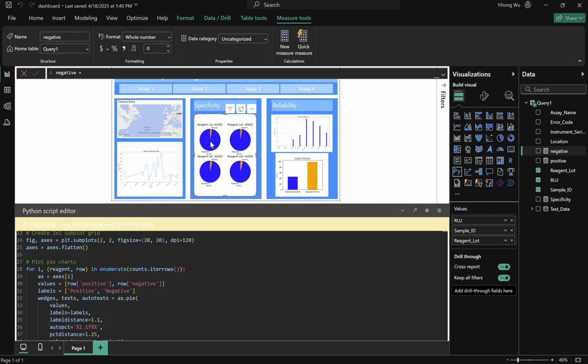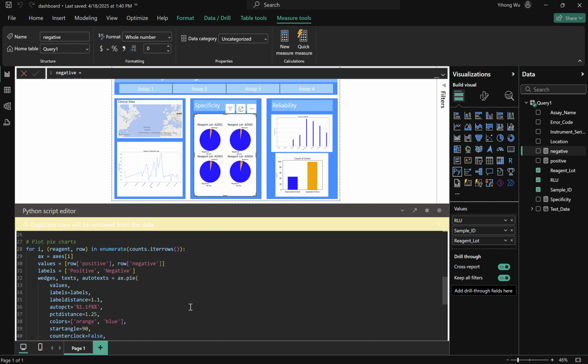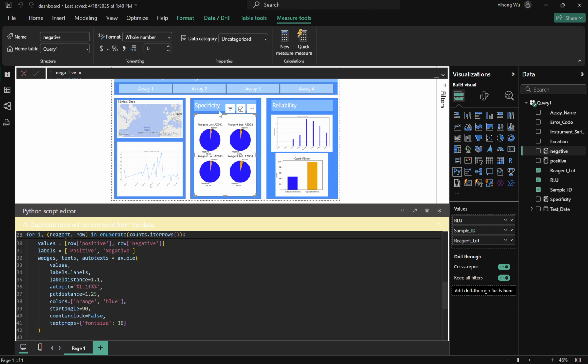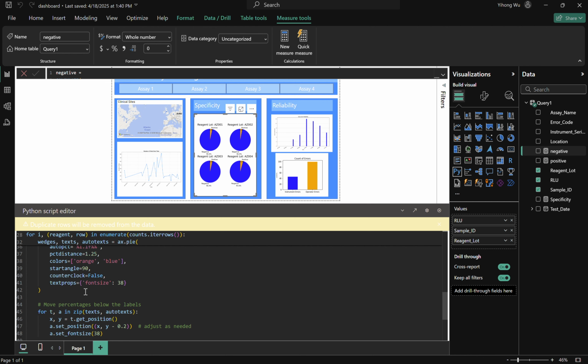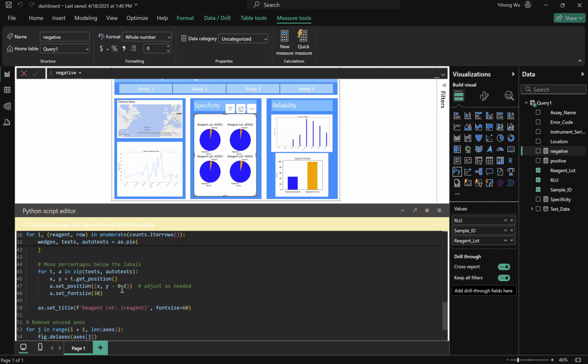So that we can have the percentage here to show the upper management the specificity went well. And here I have negative as blue and positive as orange, and I adjust the font a little